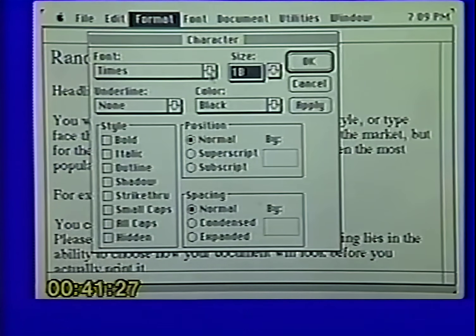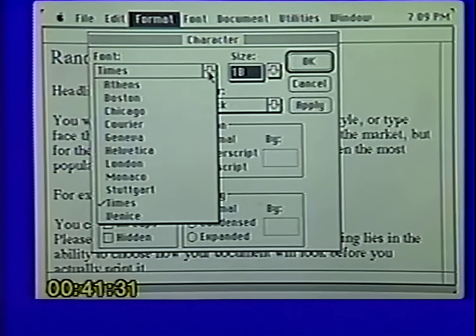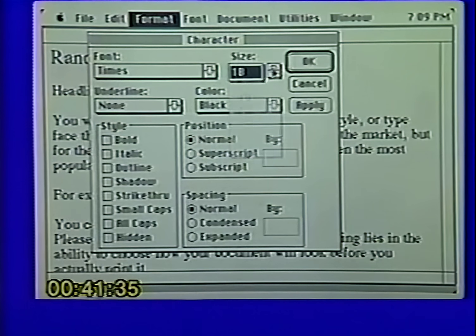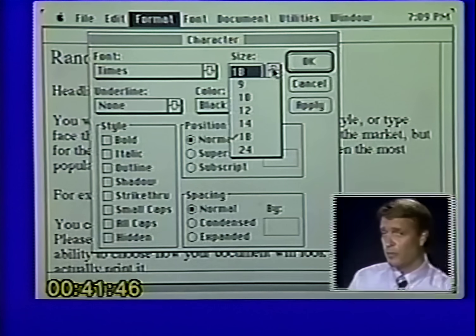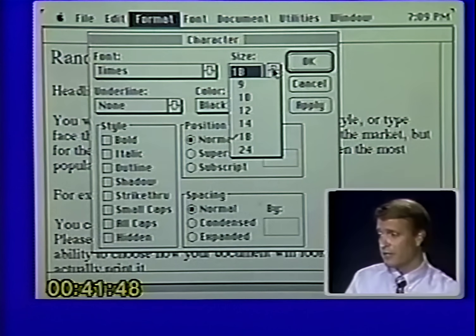First of all your fonts now are in what is called a drop-down menu, and if I click on the little arrow, there they all are, hidden under Font. If I want the sizes, I simply click on the arrow. Now, it will only show you, when you're in the Character dialog box, the installed sizes. Those are the only ones that will show up. All of those sizes that were black under the font will not show up.